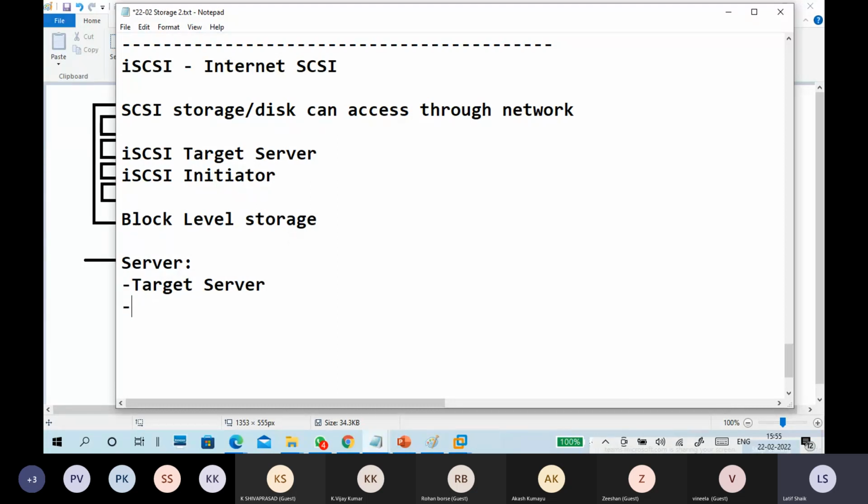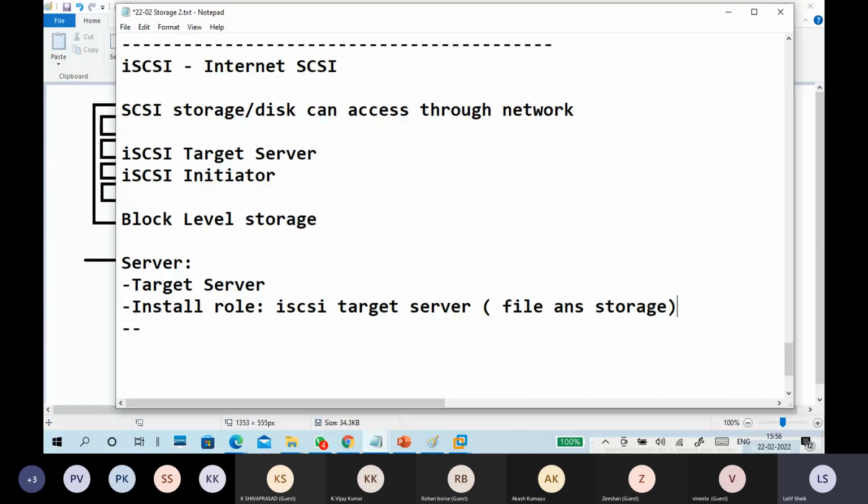So obviously, install the role called iSCSI target. Where is this role located? It is under File and Storage Services. Under file and storage, you will find this one.